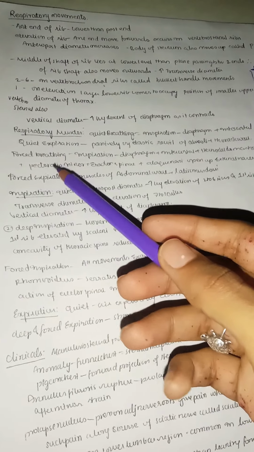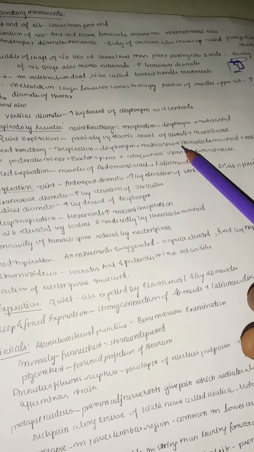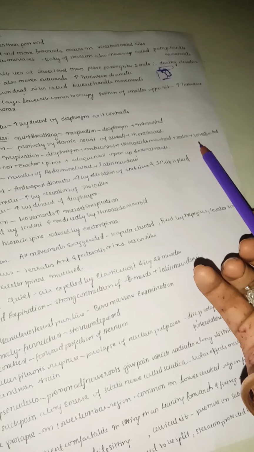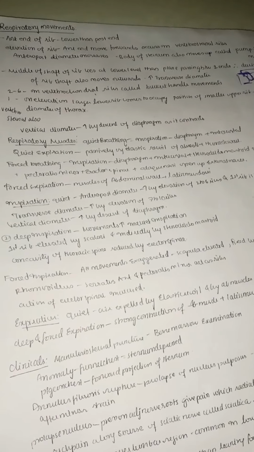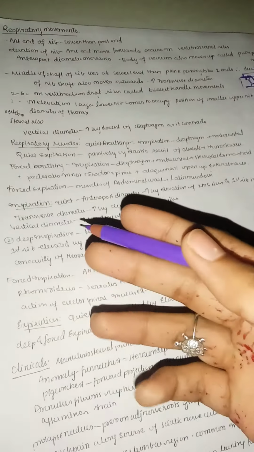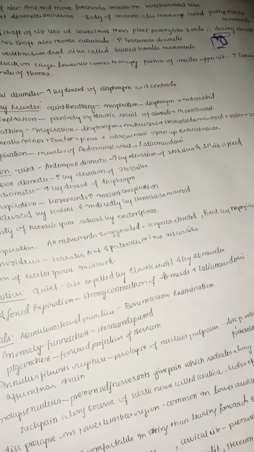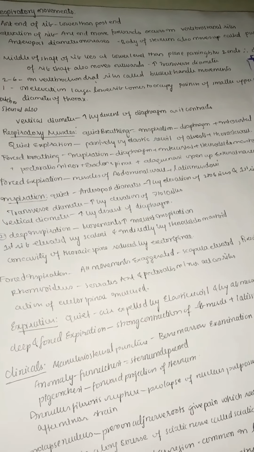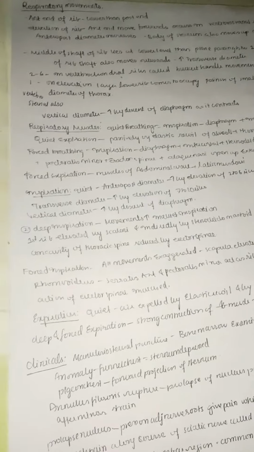And in forced breathing, when you are forcefully doing inspiration, the diaphragm, internal and external intercostals, and also sternocleidomastoid and scalenus muscles, and also serratus anterior, pectoralis minor, and erector spinae open up the external. So these many muscles are involved if there is forced inspiration. And in forced expiration, the abdominal wall muscles are used, and also latissimus dorsi. Passive expiration is the normal quiet expiration, but in forced expiration you need the abdominal wall with latissimus dorsi.